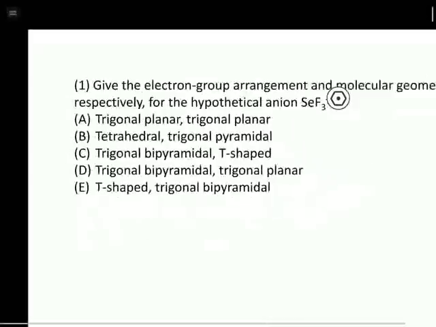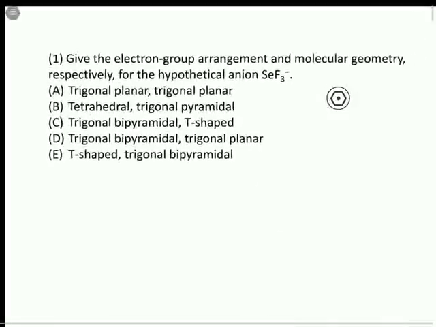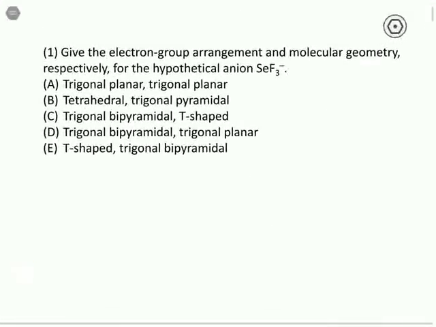All right, so start at the beginning. As we see on this test, there's going to be chapters 4, 5, and 6, which is going to be a mixture of structure and bonding from chapter 4, and then all topics about reaction chemistry and stoichiometry for 5 and 6. So we'll start with some of the latter topics, the chapter 4 material. Sorry, the former. Give the electron group arrangement and molecular geometry, respectively, for the hypothetical anion